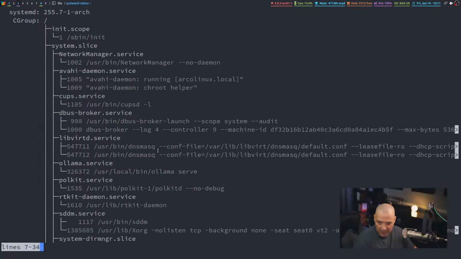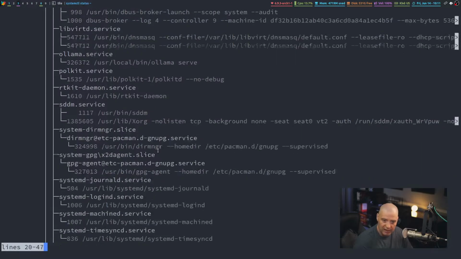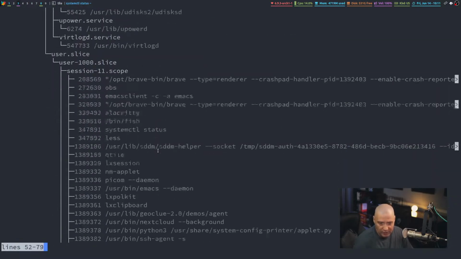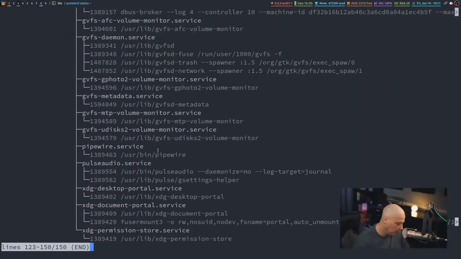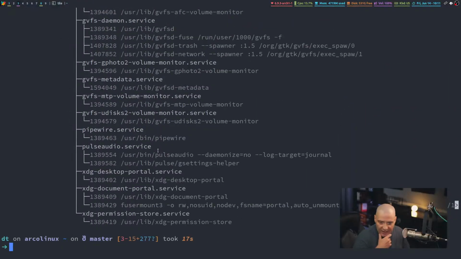It uses the list command, so hit space so you can proceed line by line through the list, but all the services and in this tree form here. So Q to quit out of the list command. So systemctl status. Now, when you're starting and stopping services, for example, when you do a base Arch Linux install